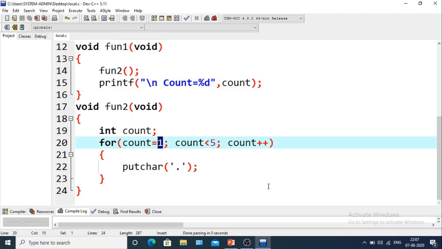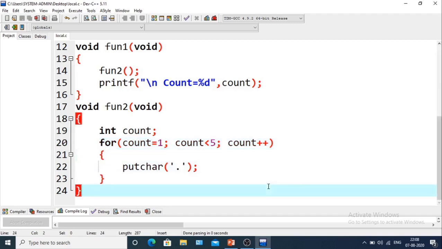It means local variables will be created that hide the global variables, and they are created upon entry into the block and destroyed at exit from the block or function. So a program can have the same name for local and global variables, but the value of a local variable inside a function will take preference. So this was the program of global variable. Hope you have understood it.